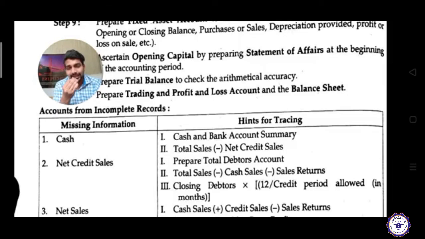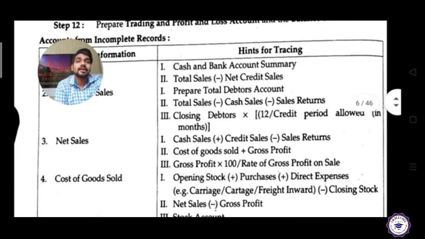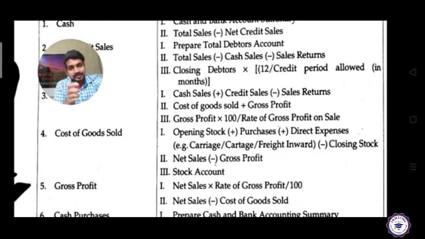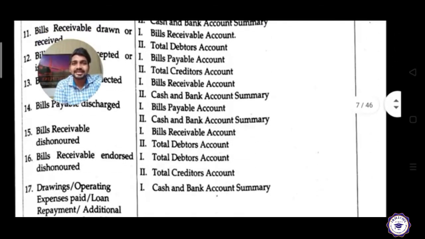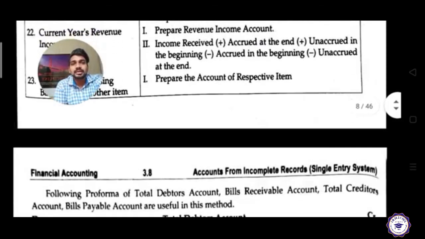तो अगर आपको नेट क्रेडिट सेल्स भी नहीं पता, नेट क्रेडिट सेल्स कैसे निकालेंगे, तो नेट क्रेडिट सेल्स के लिए आपके पास 3 हिंट दिए हुए हैं यहाँ पे। प्रिपेयर टोटल डेटर्स अकाउंट, जिससे कि आपको नेट क्रेडिट सेल मिल जाएगा, या तो नेट सेल्स में से कैश सेल्स और सेल्स रिटर्न माइनस कर दीजिए, या अगर आपको और एक एग्जांपल चाहिए तो आप क्लोजिंग डेटर्स में जो फॉर्मूला है आप अप्लाई कर सकते हैं: क्लोजिंग डेटर्स इनटू 12 और क्रेडिट पीरियड अलाउड इन मंथ्स। इसके हिसाब से आप नेट क्रेडिट सेल्स फाइंड आउट कर सकते हैं। ये जो पीडीएफ मैं शेयर कर रहा हूँ, ये चार्ट आप देख लीजिए, समझ लीजिए, इसमें जो जो मिसिंग इन्फॉर्मेशन है उसको हम लोग फाइंड आउट कैसे करेंगे, ascertain कैसे करेंगे, ठीक है।